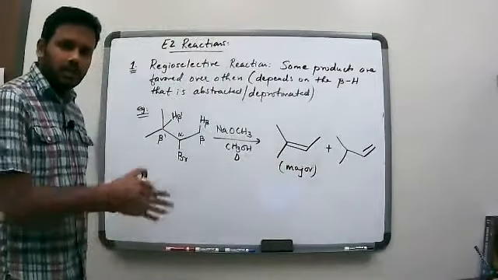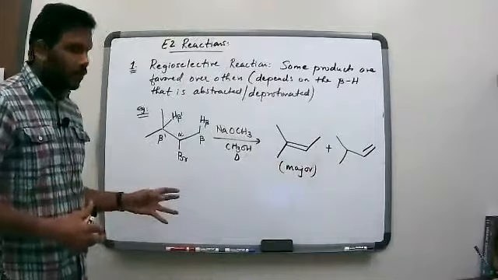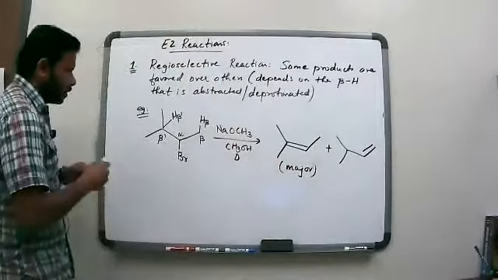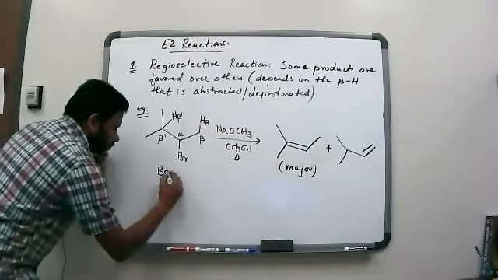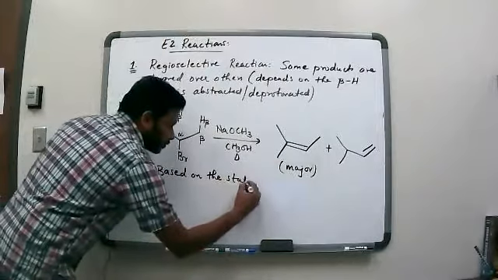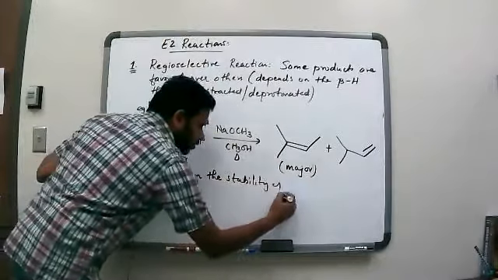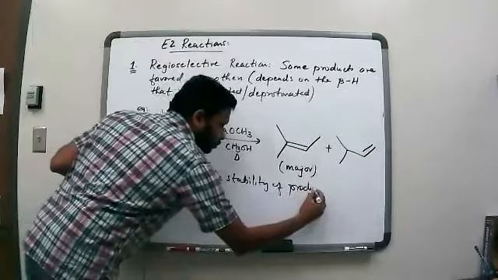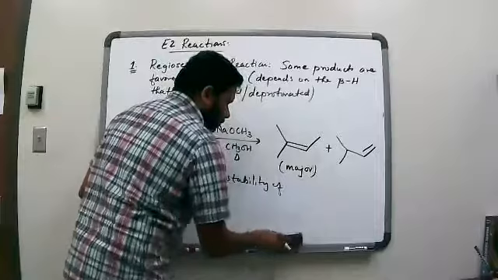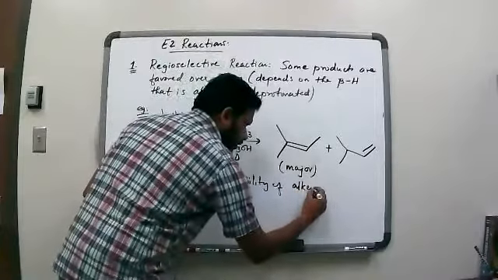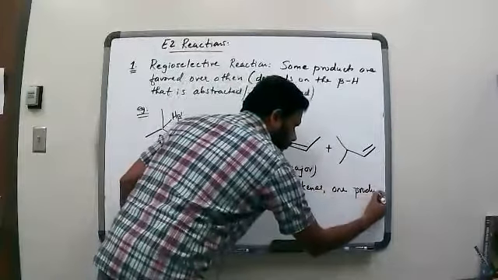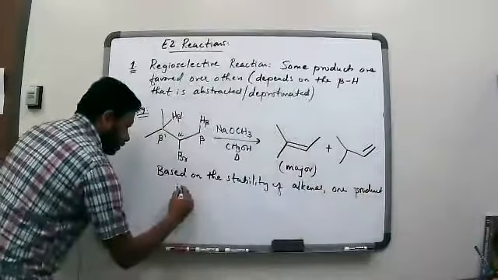So that means in this particular reaction, based on the stability of the products, or stability of alkenes, one product is